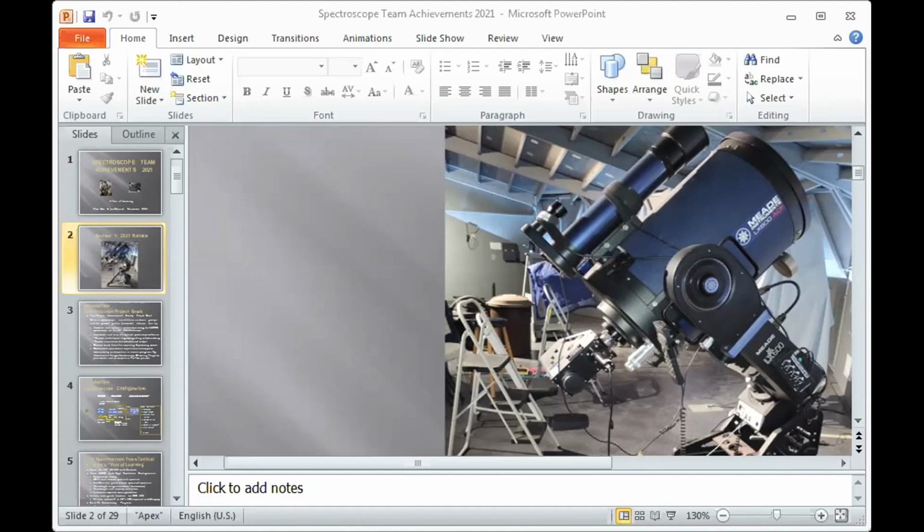So what were our goals for this year? Well, we were to learn the 12-inch LX600 and Starlock, learn the spectroscope in its high-res configuration, and we do have a high-res spectroscope. It's got a resolving power of about 18,000, so that's pretty good resolution. So we've gone through all of this this year, including the